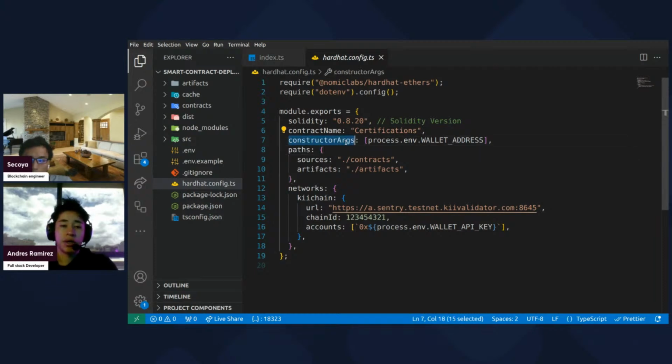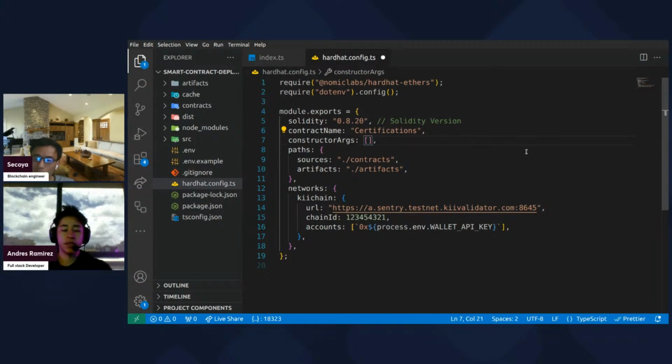Then you have the constructor arguments, and this depends on the smart contract. The idea is that this item will be dynamic. I mean, you have a field where you can add the different input arguments, and obviously it depends on your smart contract. If your smart contract doesn't need constructor arguments, it is empty. But if your smart contract needs a list of different input arguments, you have to type those here